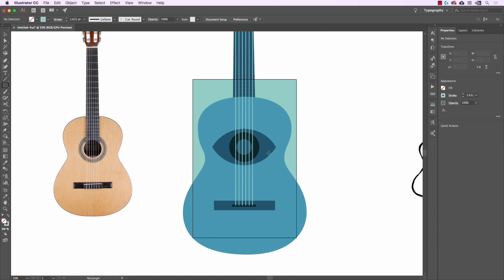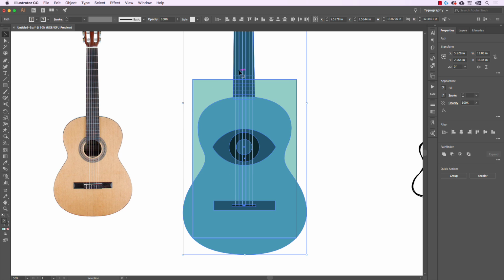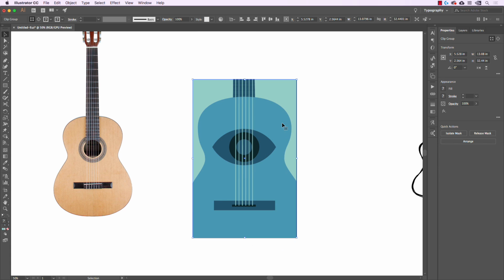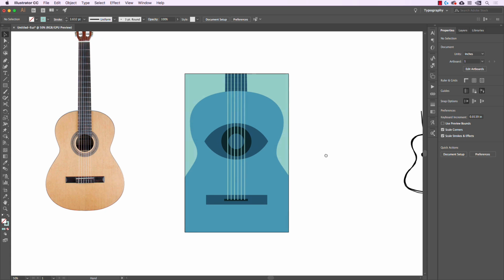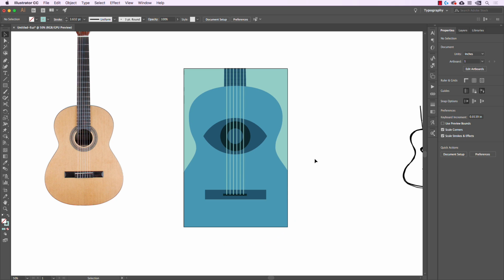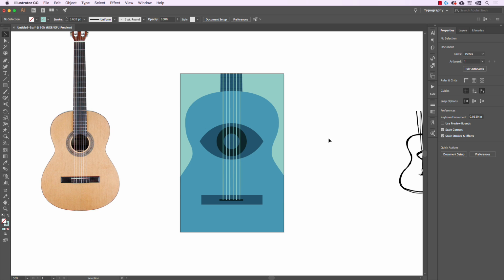Let's go ahead and add our crop in there. So I'm going to create another rectangle. Again, this is going to be used as the container for our clipping mask. So I'm going to create that, and then I'll select everything, and then right-click and go to Make Clipping Mask to contain everything down. So I think this is working pretty well. I can still tell that it's a guitar. The eye is definitely coming through. It looks a little bit creepy, which I think is a good thing. We also need some room for our text. And I think in this case, the text coming down at the bottom is a good choice. So maybe what I'll do is move this thing up a little bit to make a little bit more room